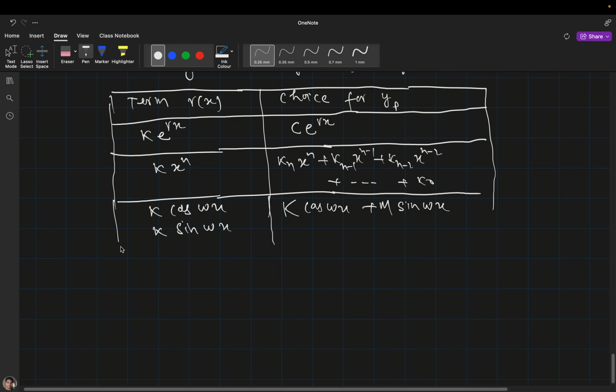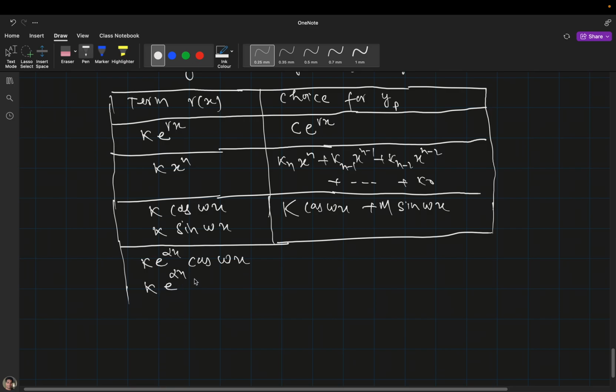sin ωx. And the last case: suppose you have R(x) like this, e raised to the power αx cos ωx, or k e raised to the power αx and sin ωx. Then in this case you can assume this kind of solution, γ e raised to the power αx (k cos ωx plus m sin ωx). Okay,